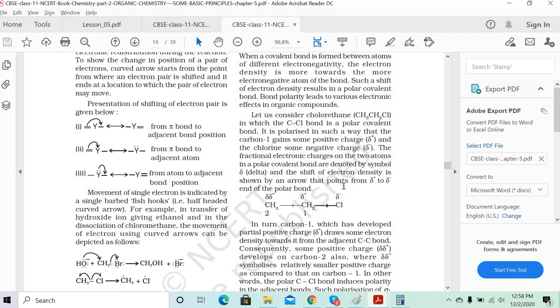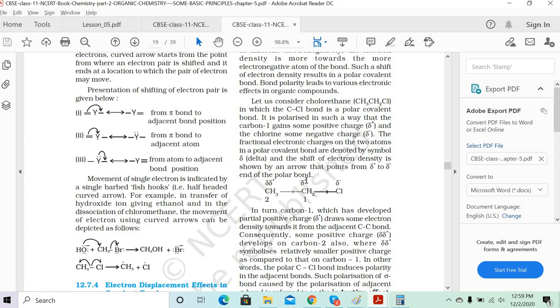Because it's as good as chlorine gaining the electron from the carbon atom, the carbon develops a slight positive charge. We are talking about the covalent bond only. Inside the covalent bond, it is showing some ionic characteristics. Got it? So that's why we put delta negative. It's not the total plus or minus, because it is a slight negative charge. And the carbon of CH2 develops a slight delta positive charge. The electron density is more towards the chlorine. Got it?